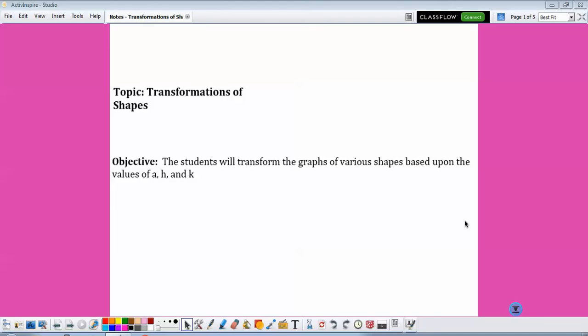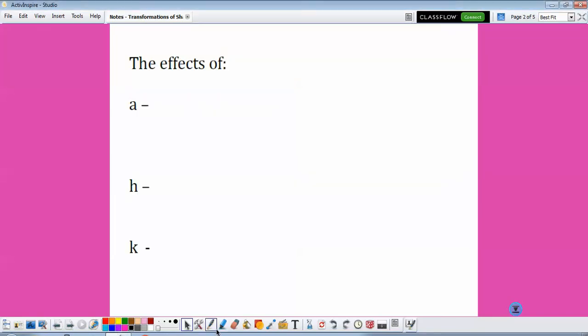Alright, today we're going to be doing transformations of shapes. Our objective is that students will transform the graphs of various shapes based upon the values of A, H, and K. So the first thing we need to talk about is what do A, H, and K do to our graph. A will stretch